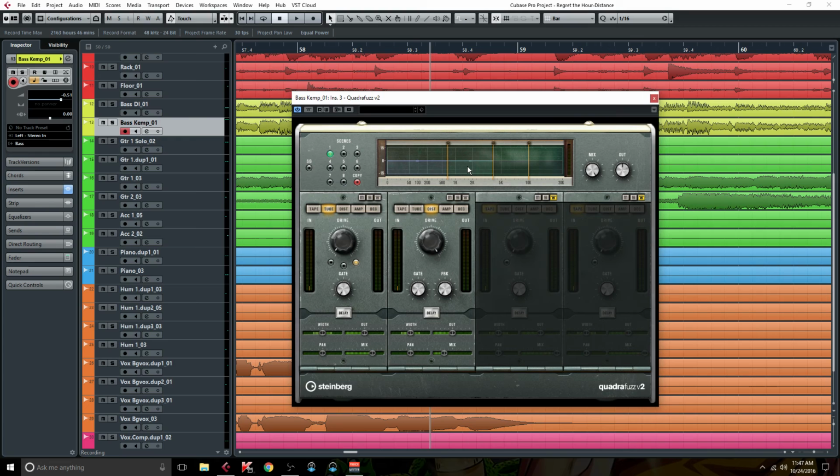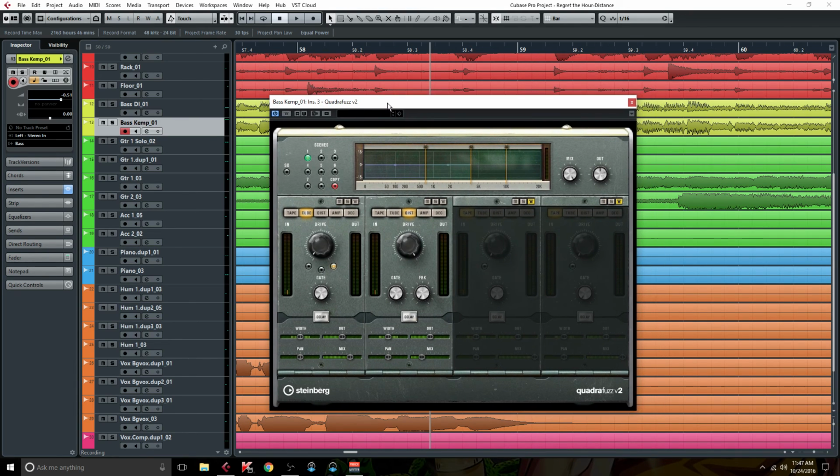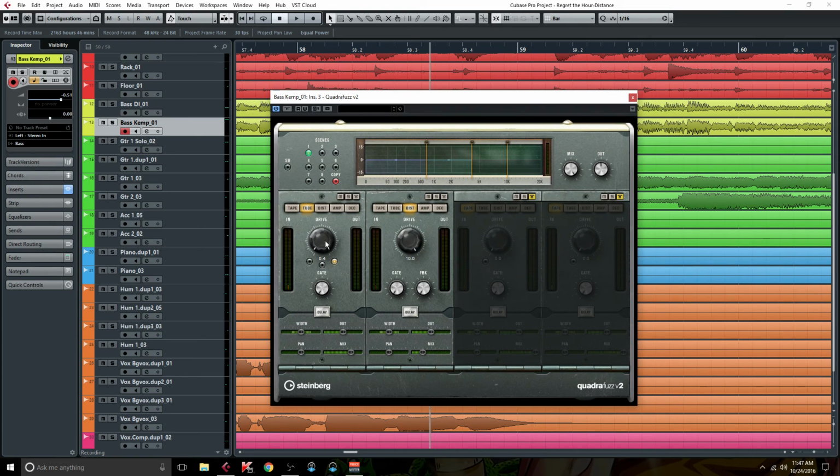And once I did that on both the DI and the amp, I felt like the bottom felt a little uneven after that. So I just added a very little amount of tube saturation on the bottom on the amp, and to me that just fattened it back up again and made it feel balanced once again. So obviously you have to blend the mix. Sometimes I do this on a send, so that way I can use the return channel to use my mix,